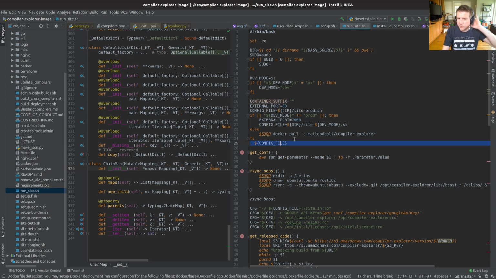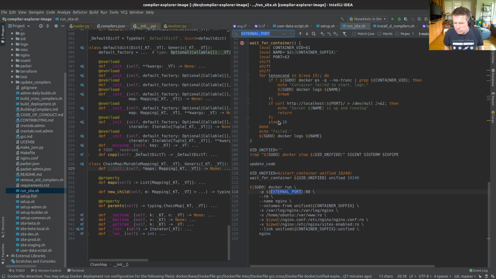Somewhere in here, you see this, this is it sourcing the configuration file. And that config file comes from site-dev mode, and dev mode comes from the first parameter that's passed to the run site, which I think comes from... really?